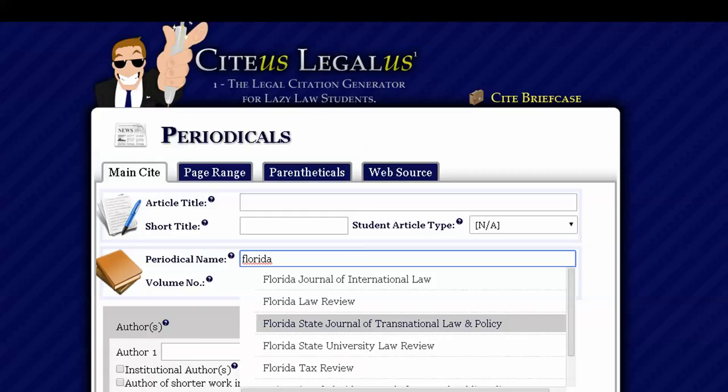The website handles cases, periodicals, books, statutes and regulations, legislative and administrative materials, and constitutions, basically rules 10 through 16. You can either browse the available sources or just go directly to manual entry. Some of the fields will try to guess which source you are citing. If you type Florida into the periodical name field, it will give you all of the journals that begin with Florida. After you fill out the required information in the form,